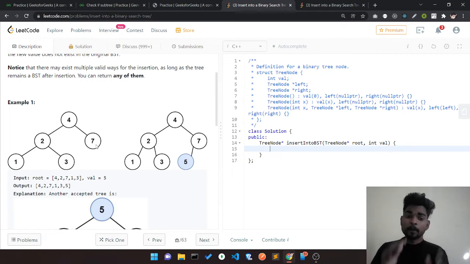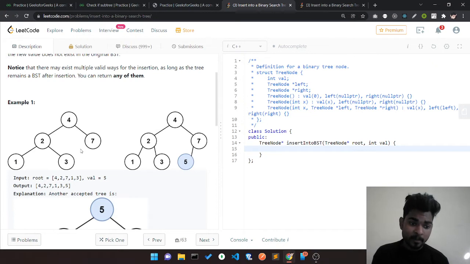After that I'm again comparing whether my val is greater than my current node or less. In that case we notice one thing: my current node is greater than my val. My val has the value 5 and my current node has the value 7. It means it's going to the left side of this current node.